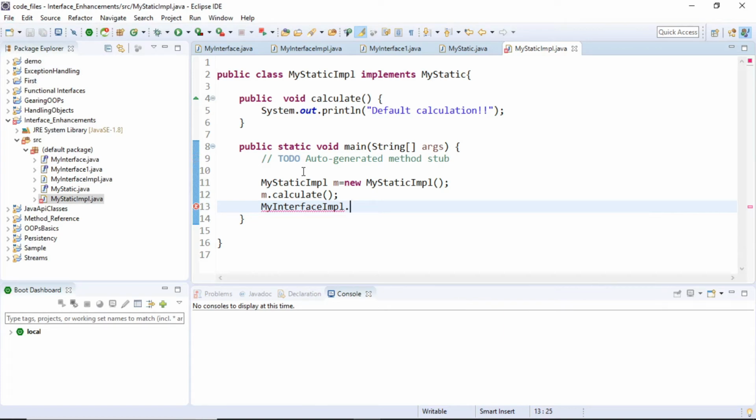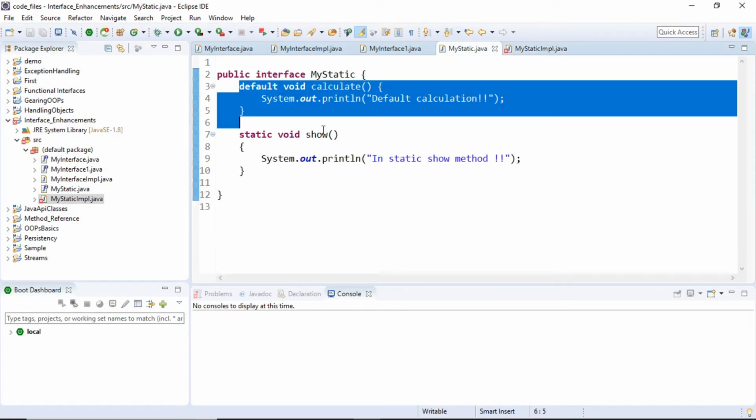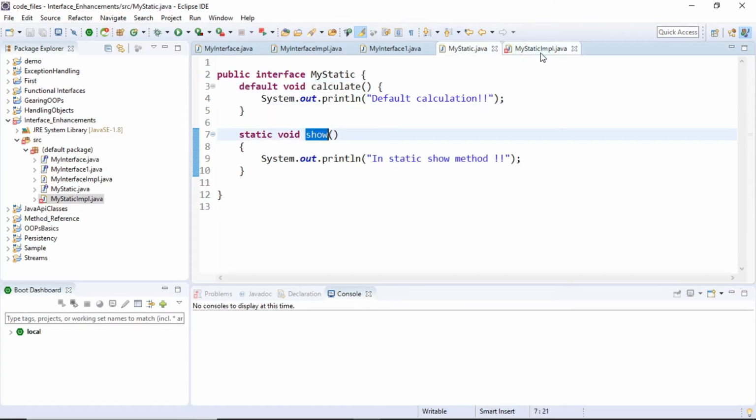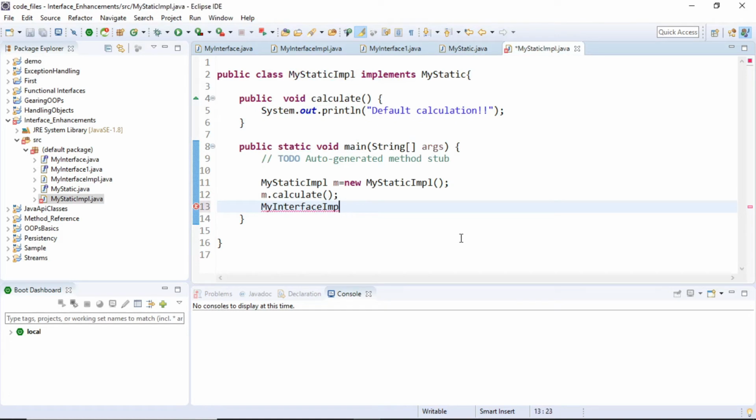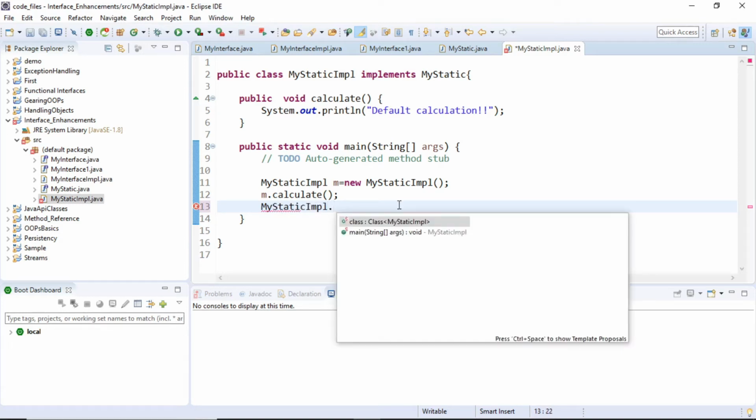This particular myStatic interface has a method called show, static void show, which I want to see over here, because my subclass is going to implement the myStatic interface, and then if I say myStatic impl dot, I'm not getting that particular method which I have written as a static method over there.